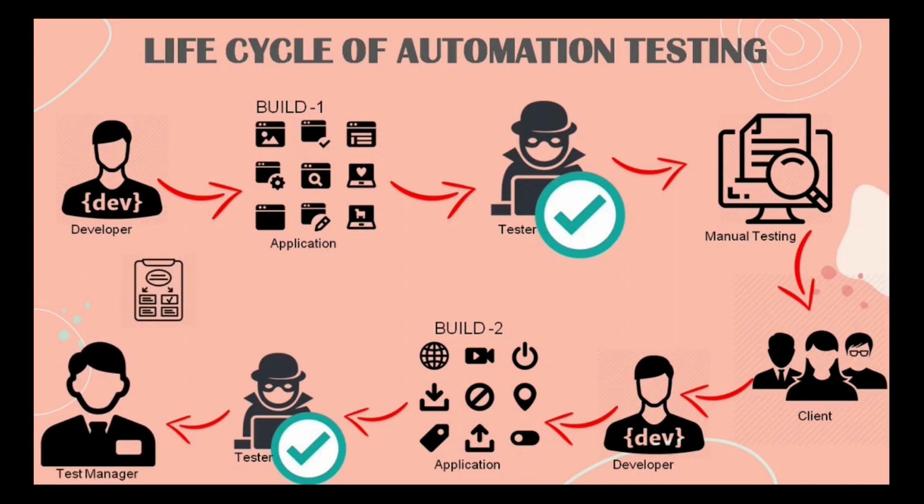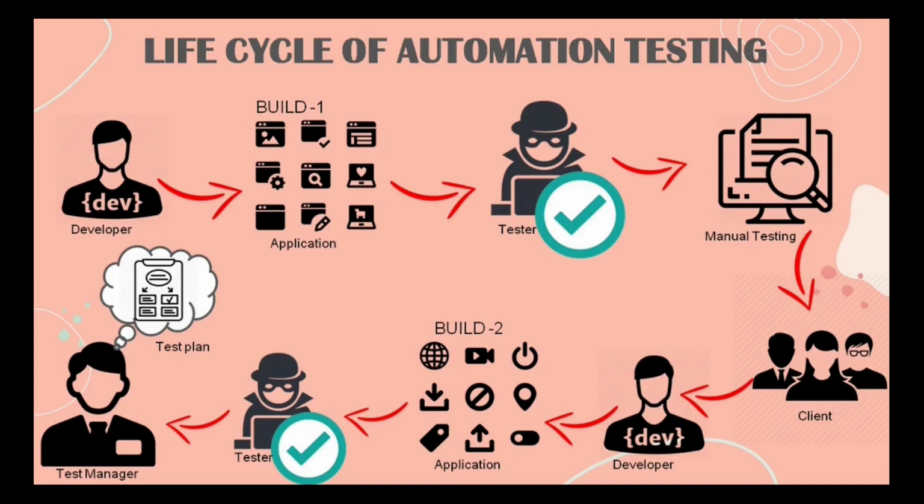The test manager will prepare a test plan. The test plan includes which test cases are to be automated and which test cases are to be done through manual testing, and all those reports are made by the test manager. So I hope you have understood which test cases are to be done manually and which through automation testing. That is, the 20 test cases which were changed are to be done through automation testing,